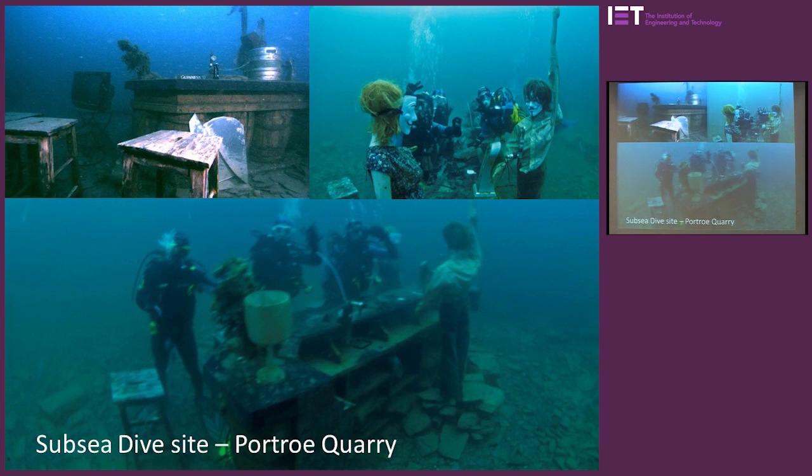So this is an underwater test site we have up near Lough Derg in Portroe. There's a quarry and it's a dive training centre, and they've installed a bar so that the divers go off down and sort of have a beer. I don't know how the hell they drink the beer, but